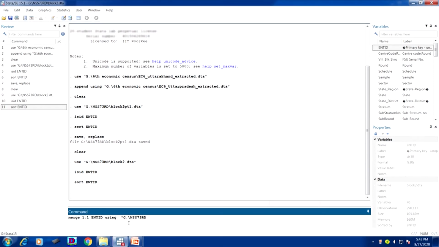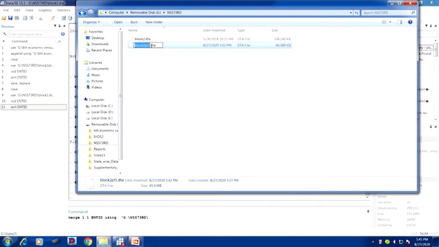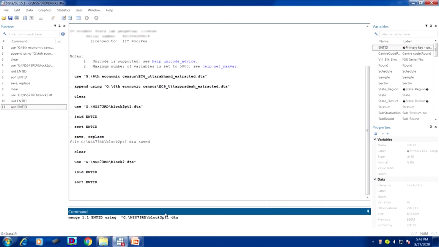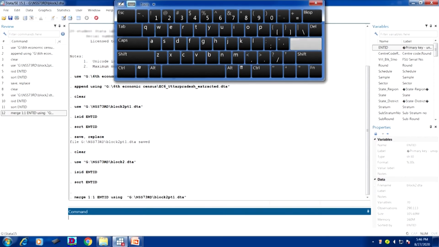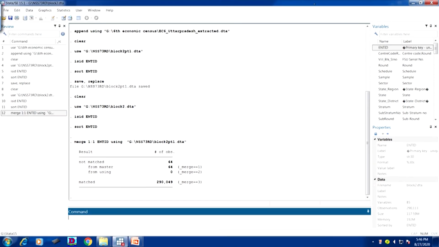Okay. So, now you have to add the exact file name to the path, that is, you want to copy this. Okay. So, you have copied the entire name, with .dta has to be copied. All right. Now, close the comma. Now, just be careful about it: merge 1 to 1, then using the path name very correctly. If it is there, now finally you have to enter. Okay. Now, look at it, your number of variables must have increased, because you are horizontally adding the variables or merging the variables. I am going to show that through the PPT.